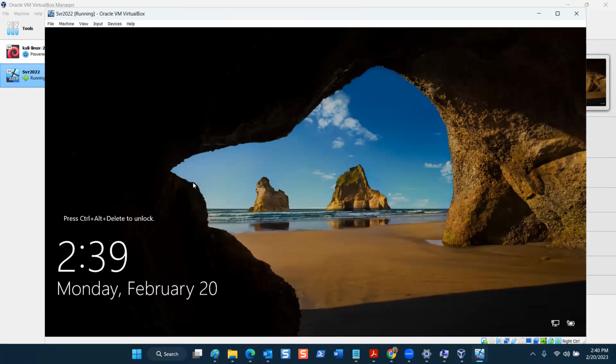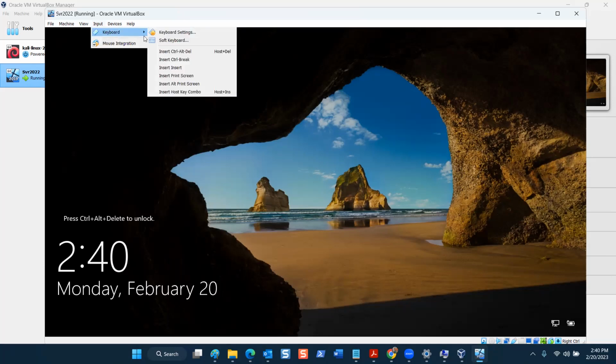Updates are always a headache because they take so long. But ultimately, that's an important part of stability for an operating system. So now I'm at a point where I have a functional operating system, and I ran into a hiccup, and you've observed how I manage that hiccup. This is the same thing that you want to do for your system. Now, if I go to input here,